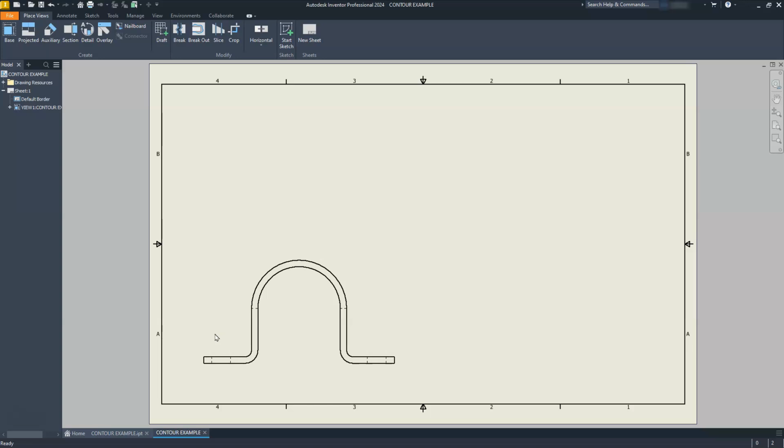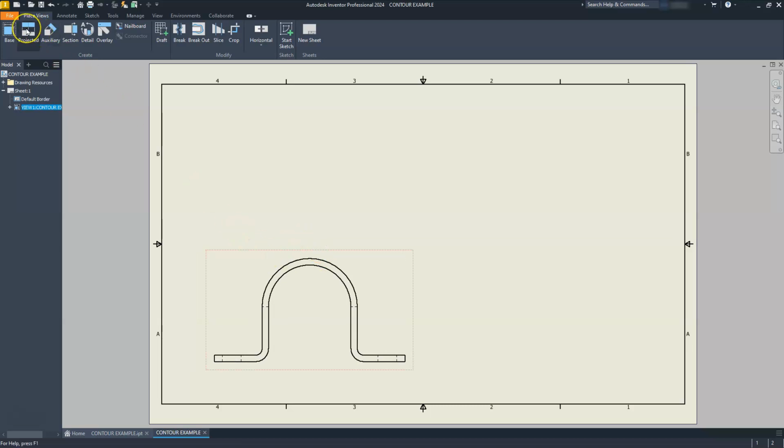All right, so the next thing I'm going to do is create my other views here. Let's go ahead and pull this over just a hair. So I'm going to come here, left click and drag this over. Let's go to project it. And you'll notice that I had this view already selected, right? So what I mean by that, and I'm going to escape out of this, is that